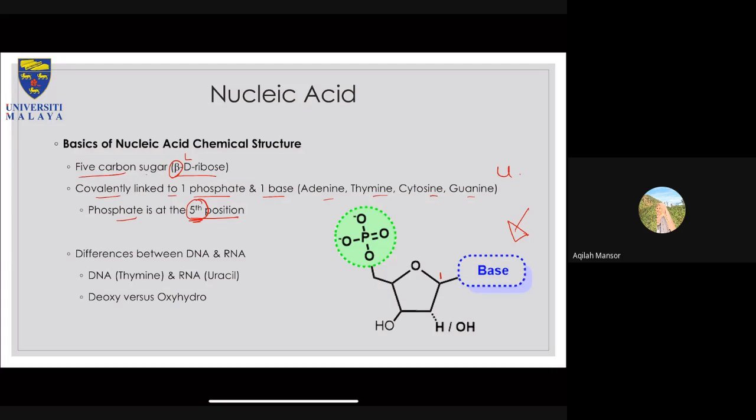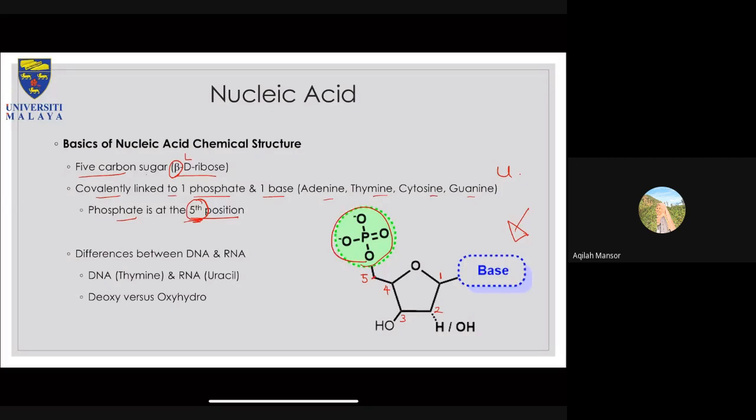Otherwise, just accept it as a new thing. So the first carbon is over there from the base. The second one is over here. Either you have a deoxy or an oxyribose. The third position is over there. So the 4th carbon position is over here, and the 5th position is over that one. So when you say it's the 5th position, it means that the 5th position on the carbon is where the